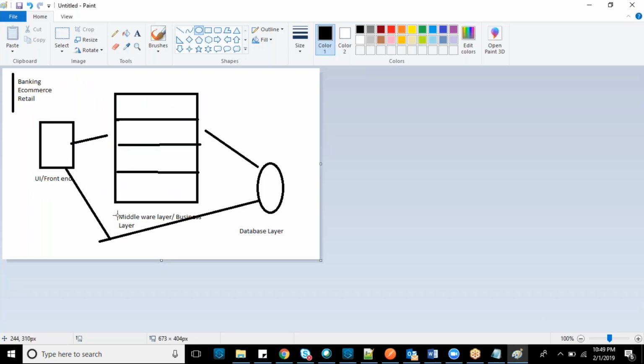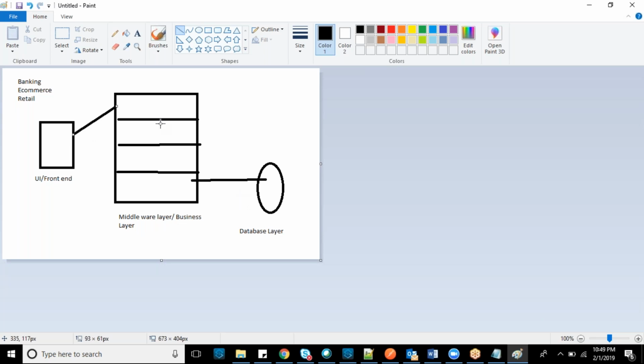This part will interact with the database, one part deals with the database, another part communicates with the UI, and another communicates internally. There are specific roles and responsibilities here. The UI will not directly connect to this part because this box has specific roles, so it traverses one step up and one step down.